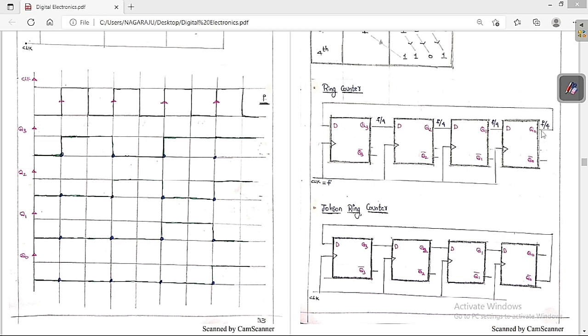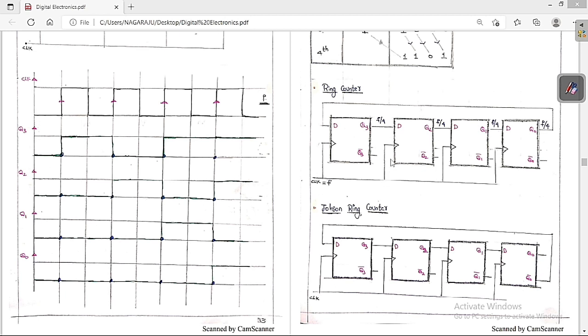Now I have taken a feedback from Q0. From Q0 I am taking a feedback and I have given it to the D input here. All these have the same clock with synchronism, because all are going to trigger at the same instant of time. So this is called synchronism. Let me assume the clock frequency is equal to f. Then